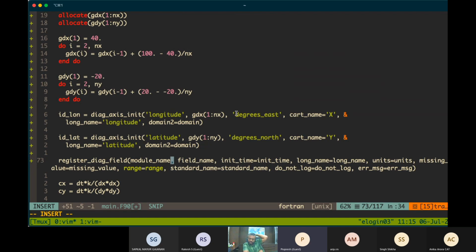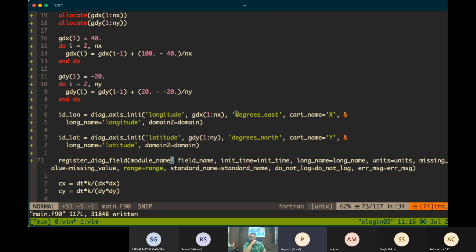If you want to output a variable, let's say potential temperature, from different modules, you can use the module name to differentiate.